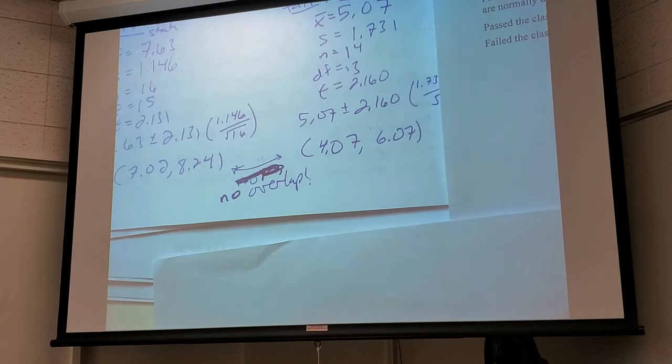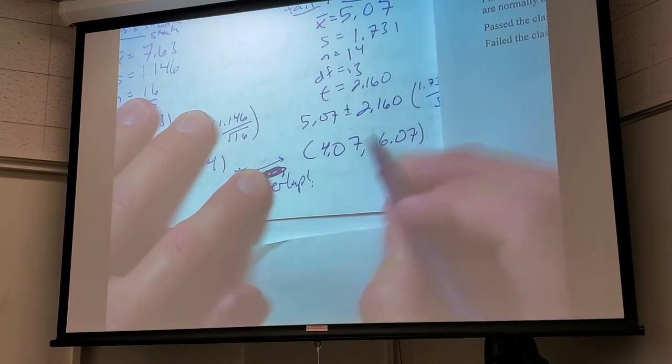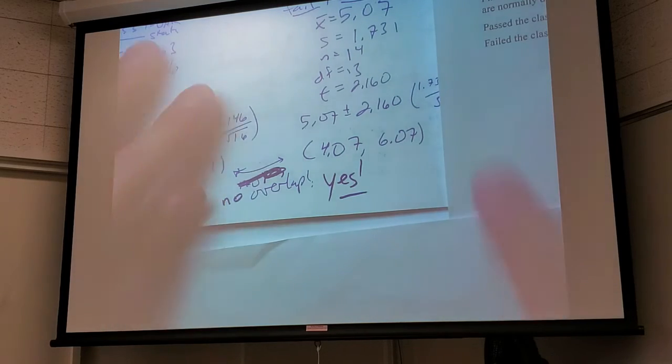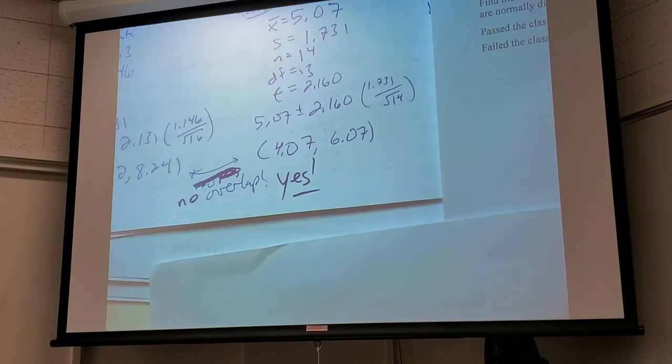The intervals themselves, do they seem to say that the means could be the same? No, they don't overlap at all, do they? One goes from 4 to 6 roughly, and one goes from 7 to 8. No overlap. That is evidence that they're different. So there's no overlap. I just forgot to say. That means that yes, it does support that they are different. And by the way, I've got the answer key for this, so you'll get all this stuff in a minute.